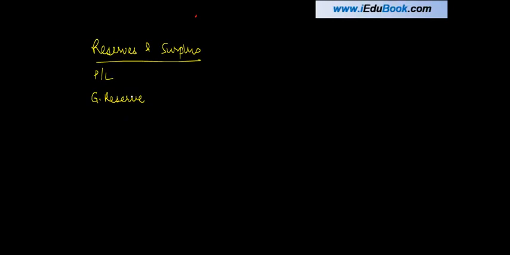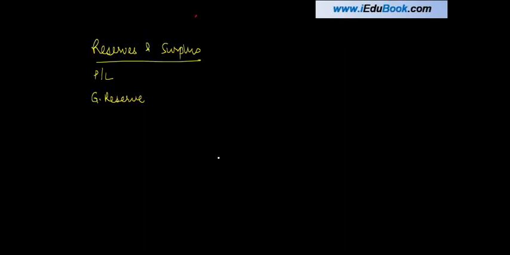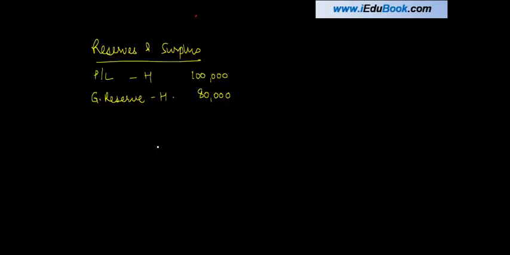right? So what are the two numbers? 1,80,000 for H Limited, 1,80,000. These are both for H Limited, right? Let's go to the subsidiary. The subsidiary has 80,000 of profit and loss account and 30,000 of general reserve. So for this, I will prepare what? Analysis of profit,